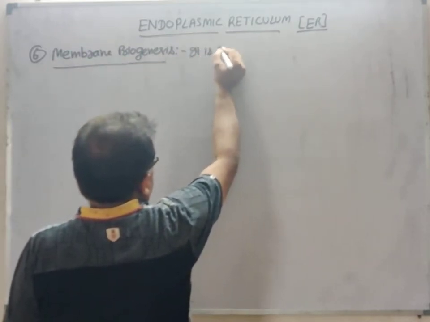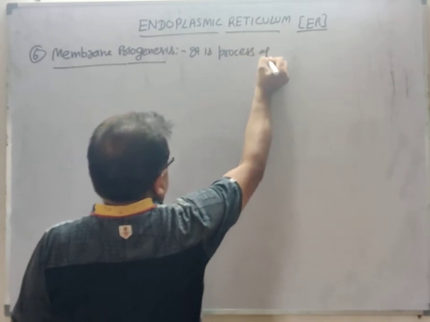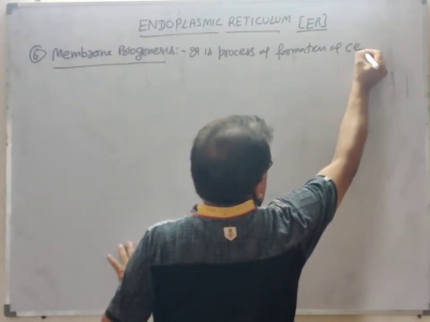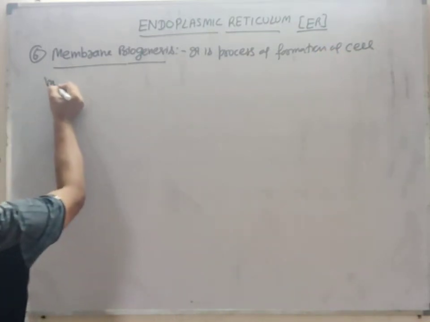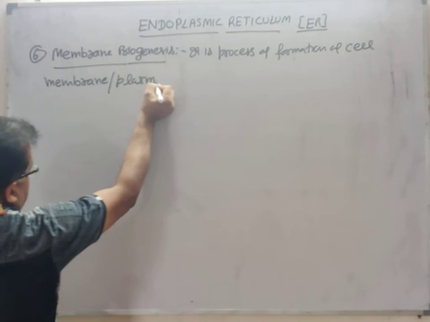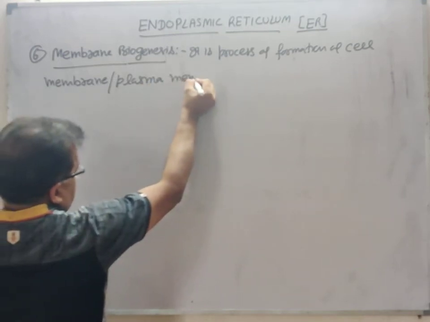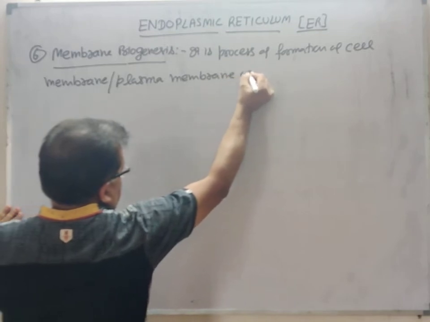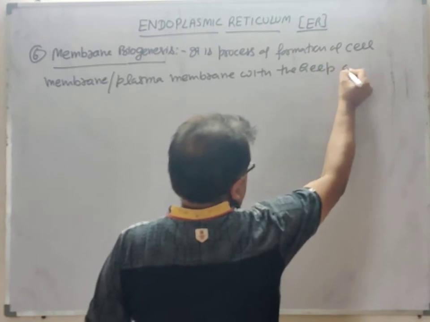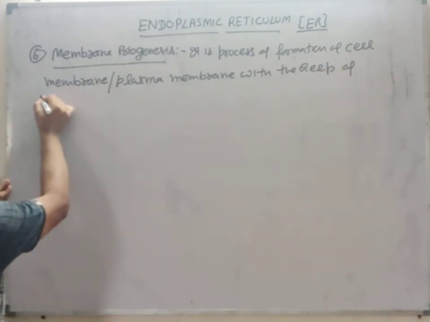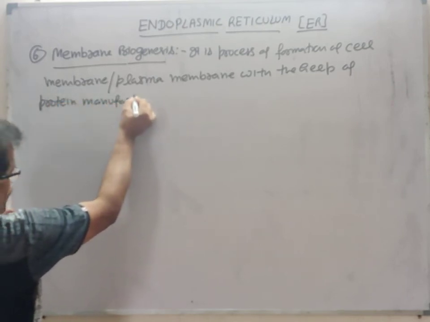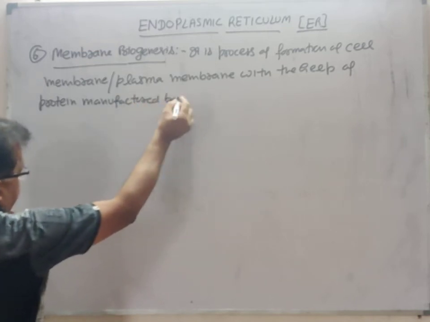It is the process of formation of cell membrane, that is plasma membrane, with the help of protein manufactured by ribosome